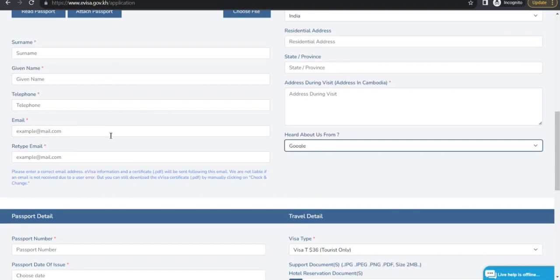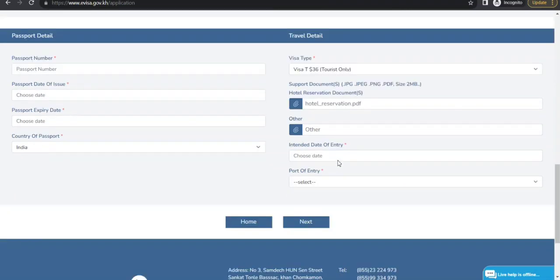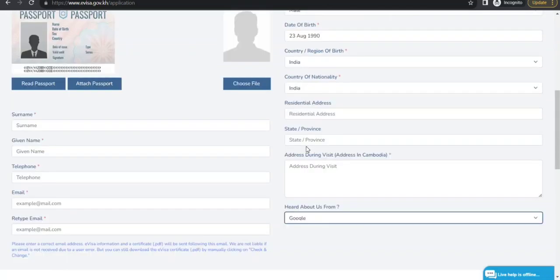These are surname, given name, telephone, email address. That's fine. Passport details, some of the dates will be populated, and if not, you can manually select. Select the type of visa, attach supporting documents like a hotel reservation, ticket, financial document, so that it's easy for them to issue your permit, date of entry, port of entry, and when you click on next,